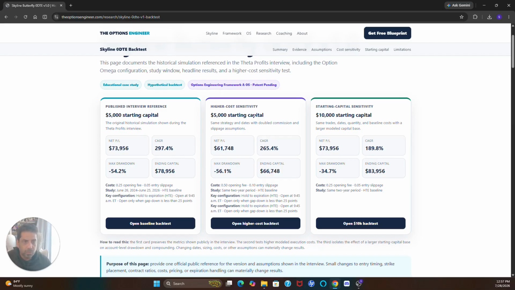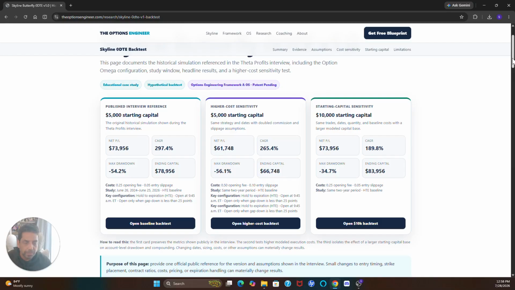The higher cost sensitivity one is with the higher commissions and higher slippage. And the higher starting capital one is with the same commissions and same slippage. The one thing to keep note of is all these 3 configurations are with the assumption in the backtest that all are held till expiration, meaning they'll let expire when the market closes that particular day, which implies for SPX